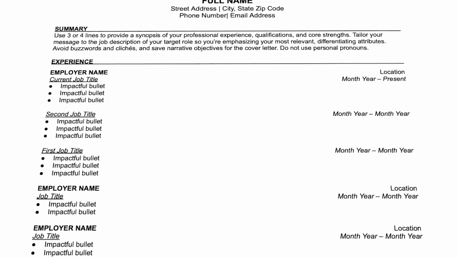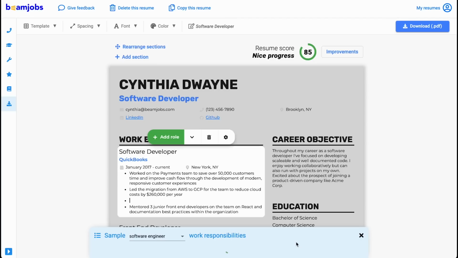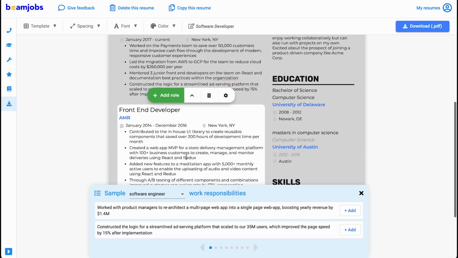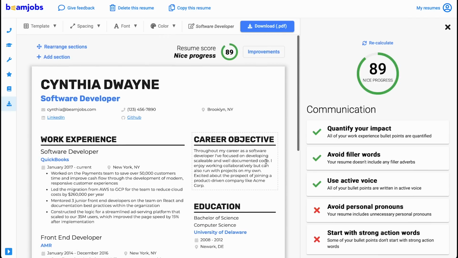Now coming back and highlighting some of the most common resume mistakes that I see people commit. Number one, not sticking to the basic template and coming up with weird fancy formats. Please don't do that. It is very easy for recruiters to read a boring resume than a very fancy and colorful resume. The second one, ensure you write in every single bullet the impact that your work has created. If you do this, your AI resume score would be in the 90s, which is what you should be aiming for.